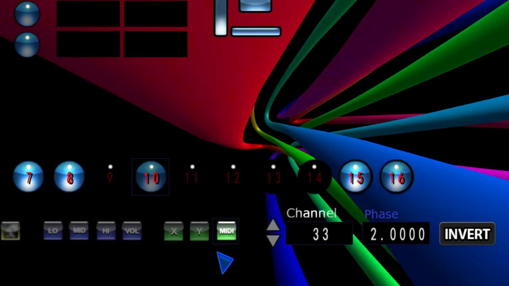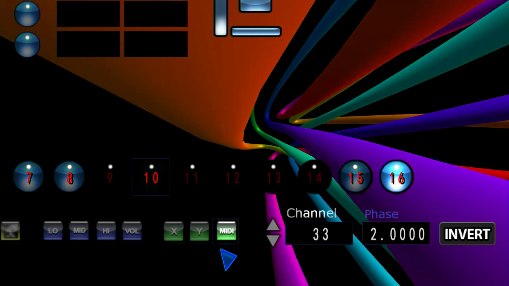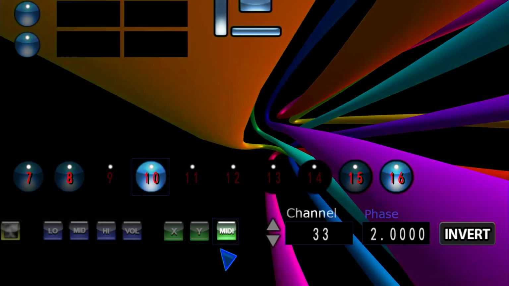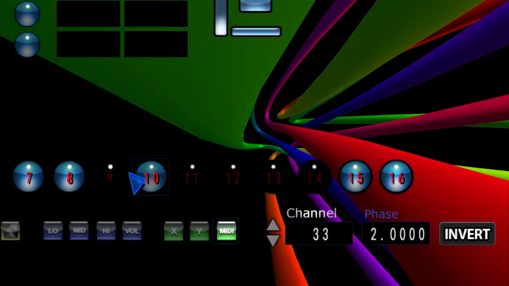You can see here, MIDI channel 10, you can see that the brightness, this is all the way to the left, and then now it's all the way to the right. And that's how you can tell that it's working here. So the next task is I need to assign modulation 10